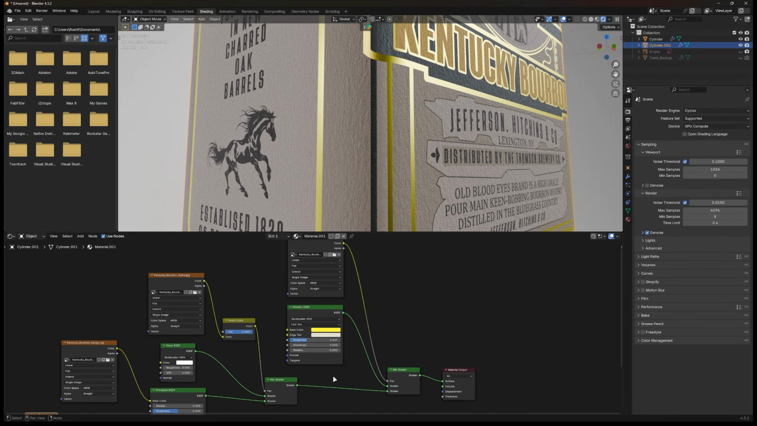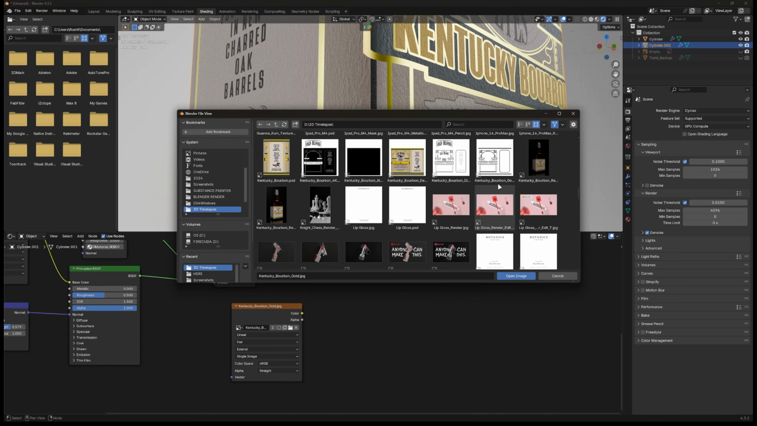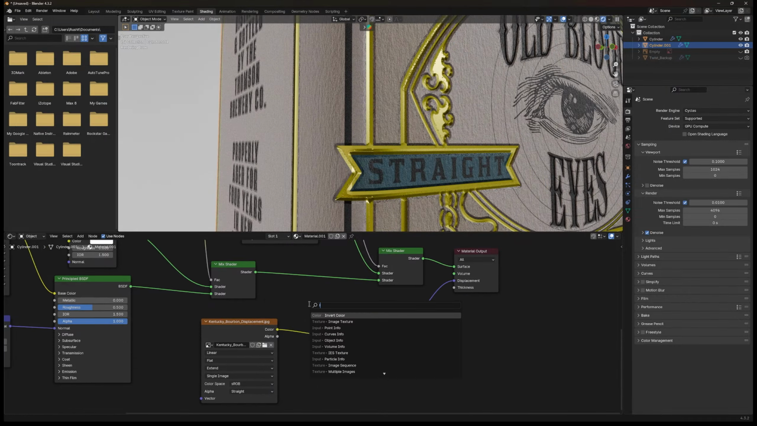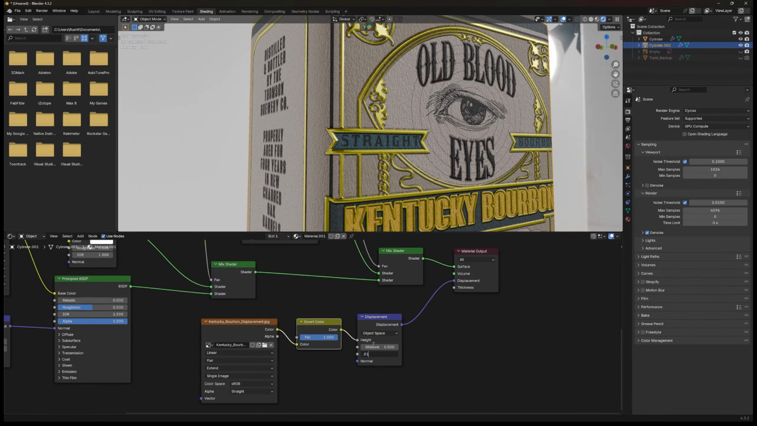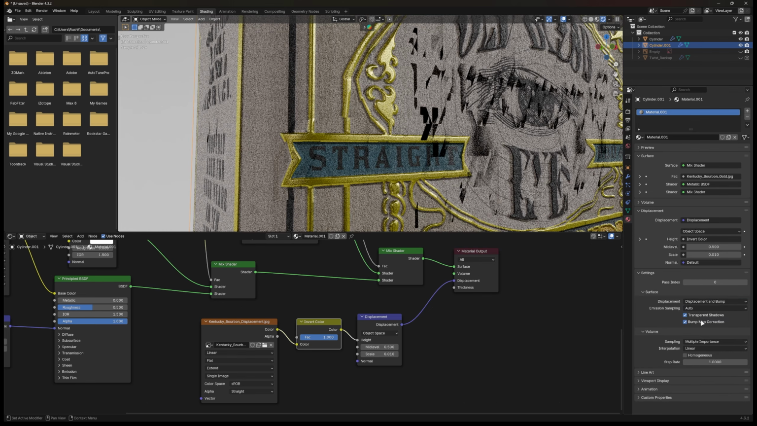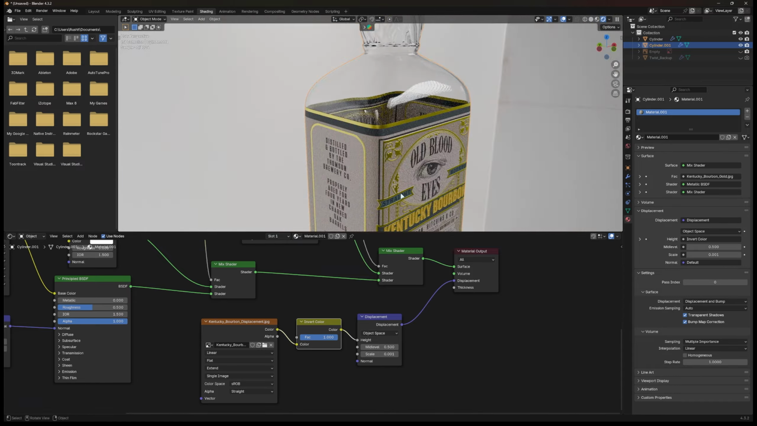Then duplicate image texture for the last time and change the image to displacement. Add a displacement node and connect color to its height, then displacement to displacement on the output. Add invert color to change the displacement direction, and here on the material properties, unfold settings, then change displacement to displacement and bump. Decrease the scale on the displacement node to 0.001, and let's go back to the UV editing window